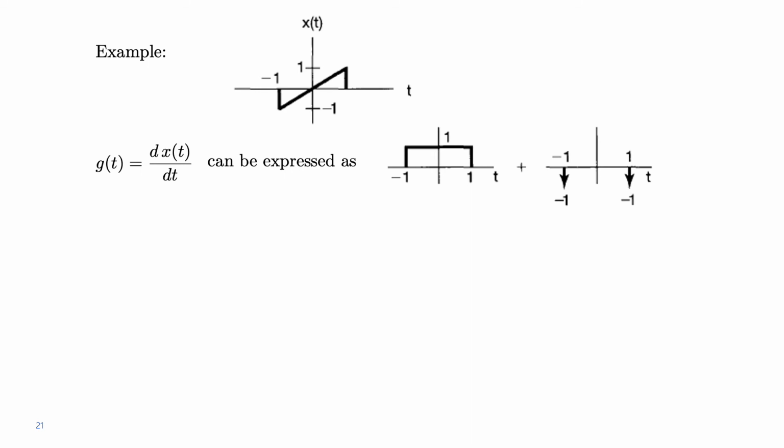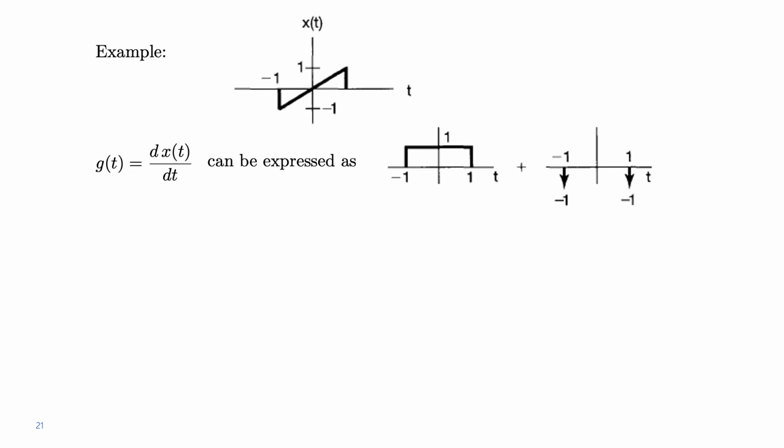Let's now give another example to understand again these properties of derivation and integration. So let's consider the signal shown at the top of this slide, which has a funny shape, and we want to calculate the Fourier transform for this signal. We could use the definition with the integral, but here I'm going to show you a somewhat easier way of doing that. So let's consider the derivative of this signal first, right?